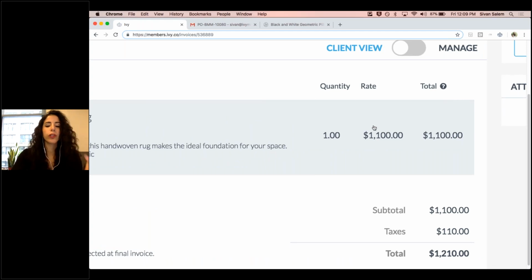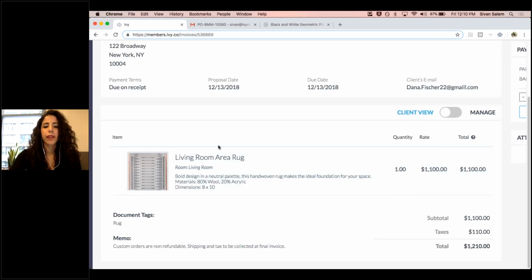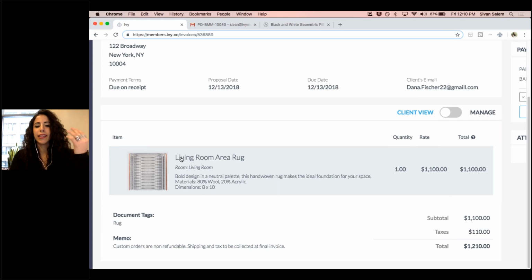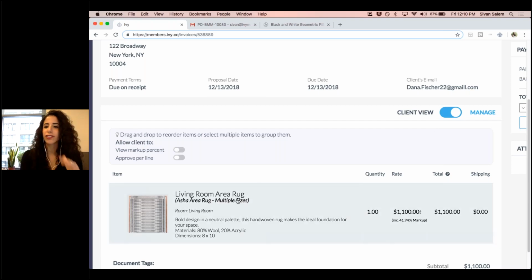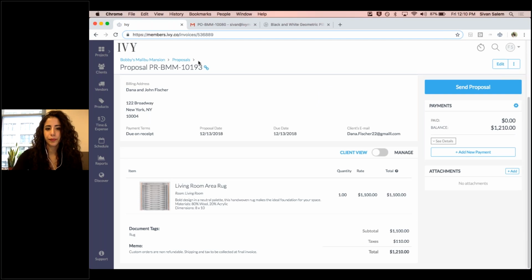You'll see also over here the total cost inclusive of markup. And you might notice that this is a different title than what I originally added to the product. It's called Living Room Area Rug, but I actually titled it Asha Area Rug when I added it to my library. What I did there was I changed the title on the proposal, and it automatically changed the title for my client-facing view. But the beauty here is that as you move to a purchase order, you're going to notice